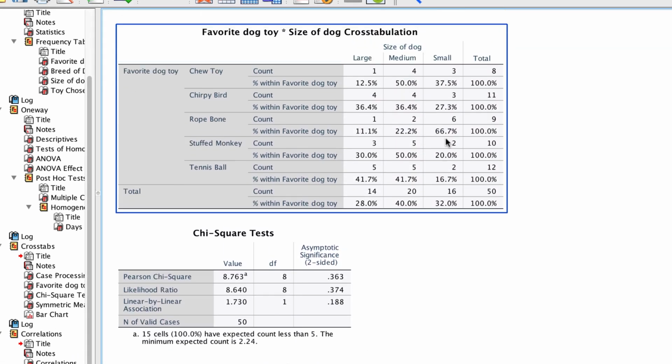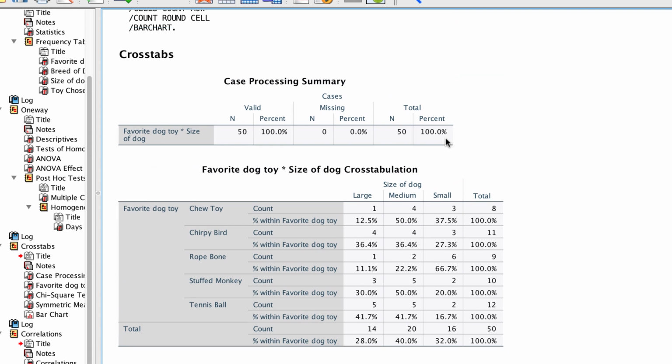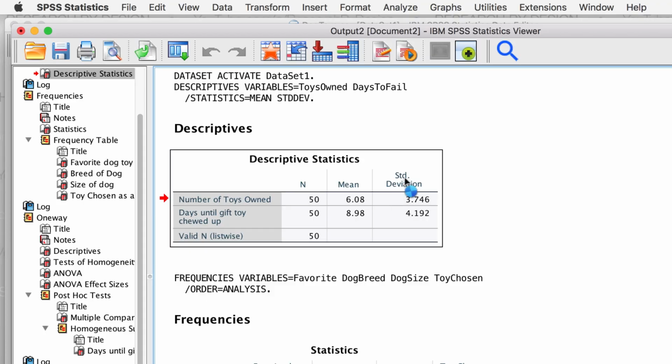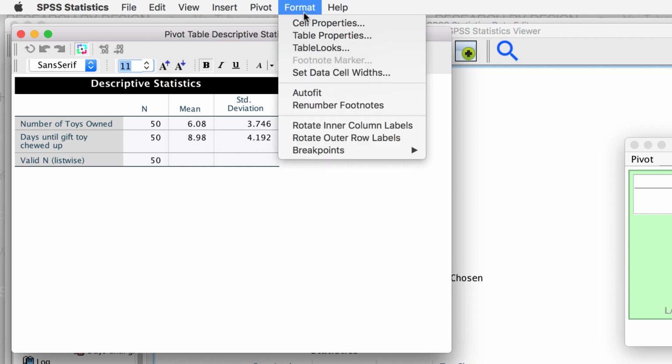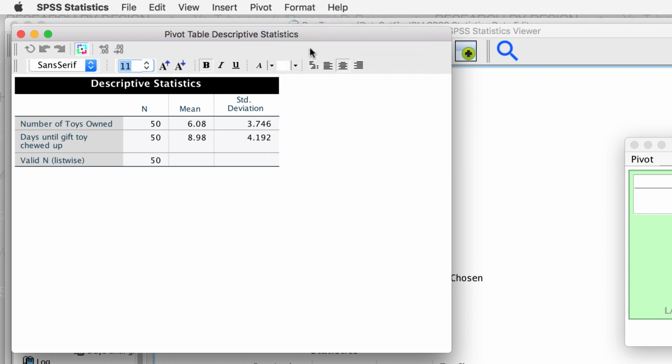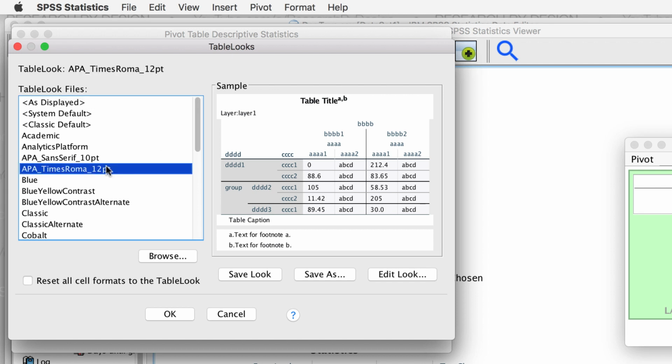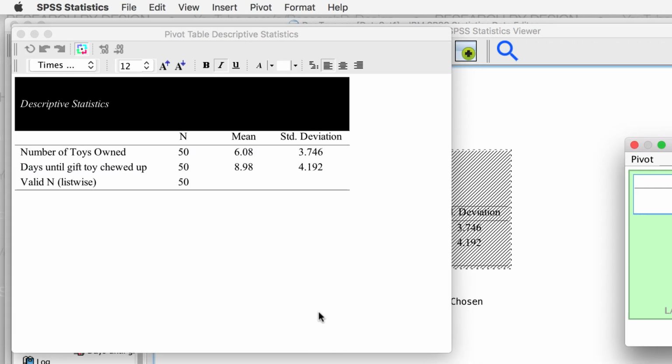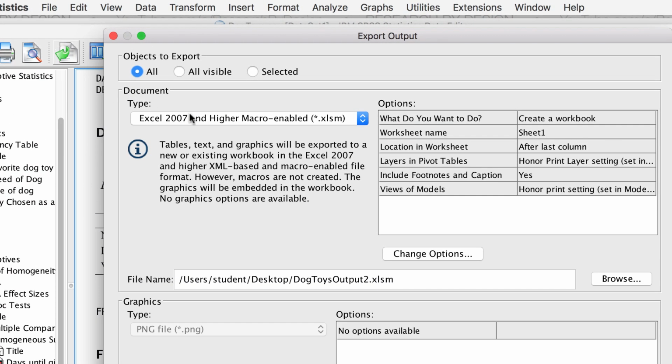If this was my first time seeing these results, I would spend some time reviewing them, discovering how they turned out. I'm going to skip that part for this example about workflow. At this point, I would clean up the tables using table looks and convert them to Times New Roman 12-point font for APA style. I would also format any graphs that I wanted to use in my research report or my write-up. And when I was done, I would export the output to a Word document,